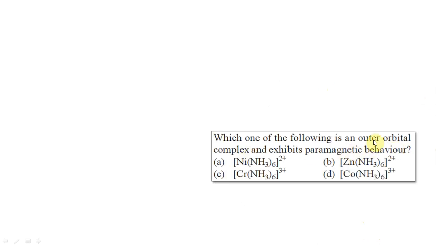So minus 3 by 5 delta naught is nothing but minus 0.6 delta naught. Right? Which of the following is an outer orbital complex? Outer orbital complex, they are talking about, all of them are octahedral. They are talking about which one is sp3d2. Inner orbital complex is d2sp3. They don't want this, they want this, meaning pairing should not occur. Here all of them are the same type. Now try to write the electronic configuration for all of them. You will see zinc can never be an inner orbital complex because zinc is d10. You don't have to draw for them. This is d10, so there is no way this is going to be an inner orbital complex. This is always going to be an outer orbital complex.